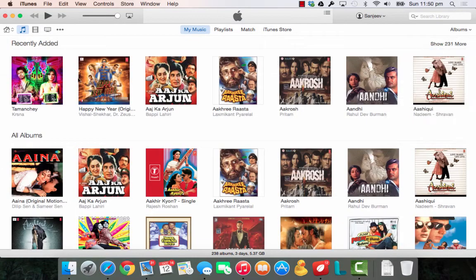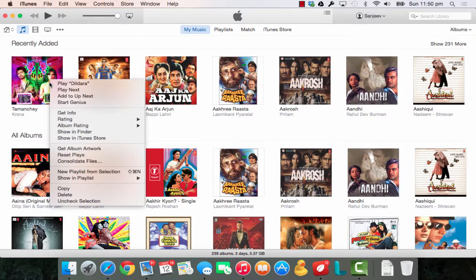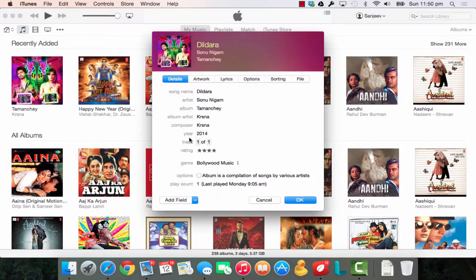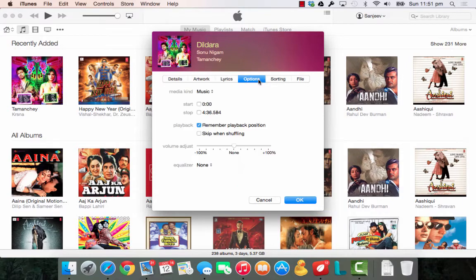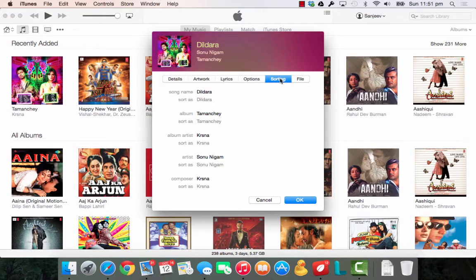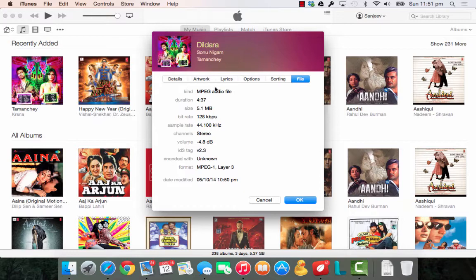Those are the changes. There are a few other small changes here. When you use it, you will come to know the get info bar has been changed. So now you can see it's not in a similar way as you were seeing earlier, where the text fields were there and you could just select the text field and type. It is still updatable. You can just select anything and type on it and it will change. So it is still very much editable. You can edit the whole metadata and everything here, but the look of this has been changed now. You can see all the sorting options and other stuff coming here, and you can change a lot of things there.